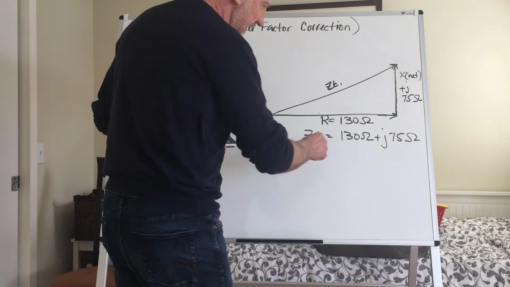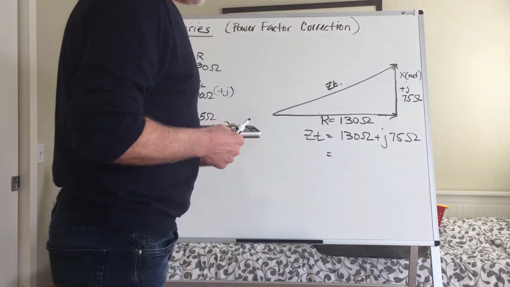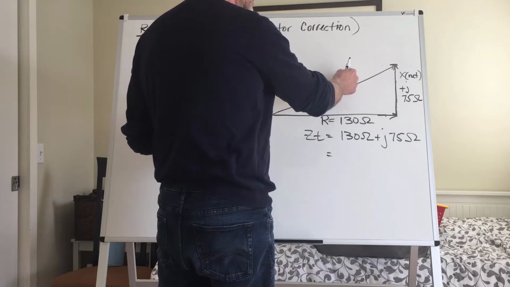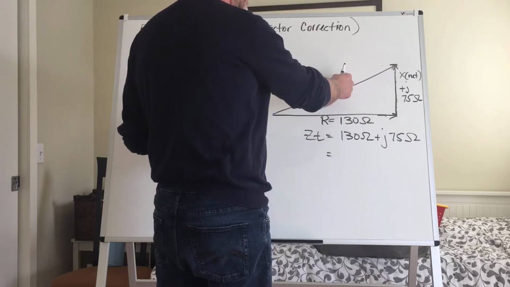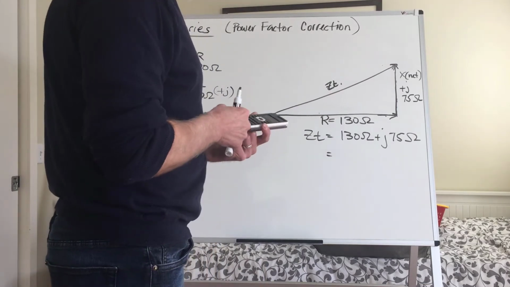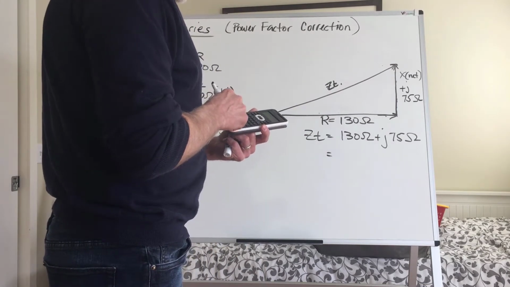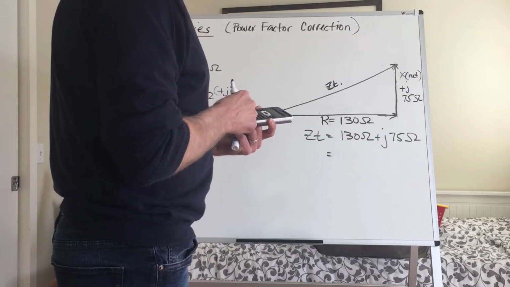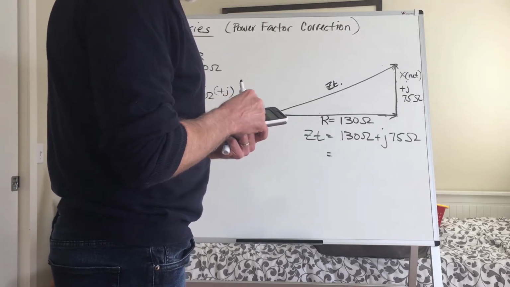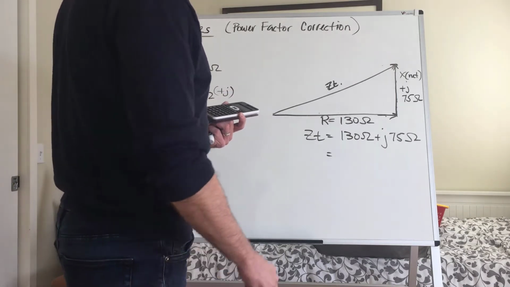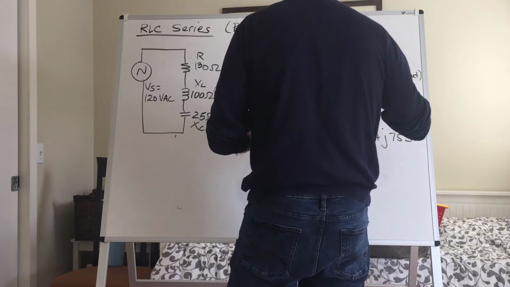Now, that's our rectangular value. If we want to come up with the polar value, that's going to give us the hypotenuse of our triangle, which is our total magnitude of impedance expressed as a polar value. And we will be able to get an angle. So we're going to just convert to polar. So that's going to be 130 plus j75 converted to a polar value is going to be 150 ohms,